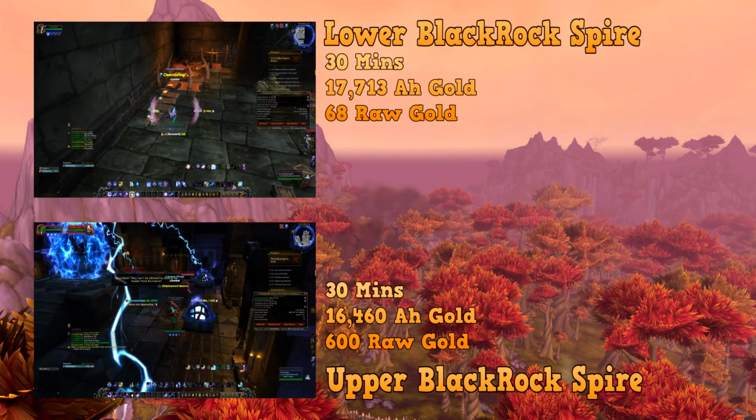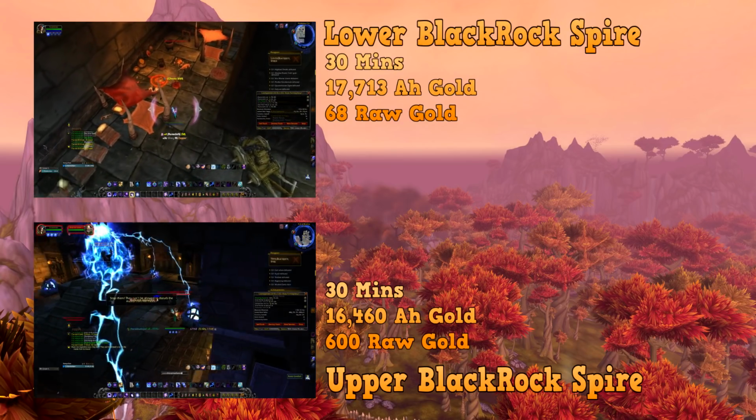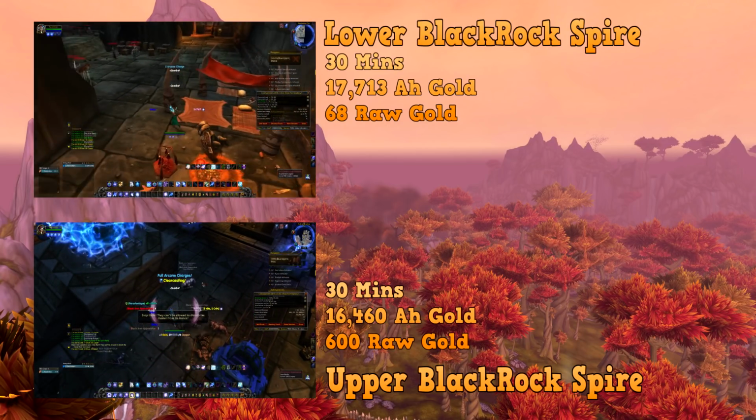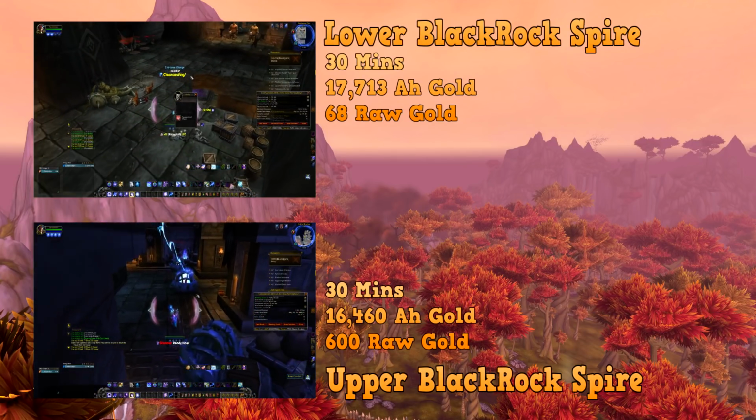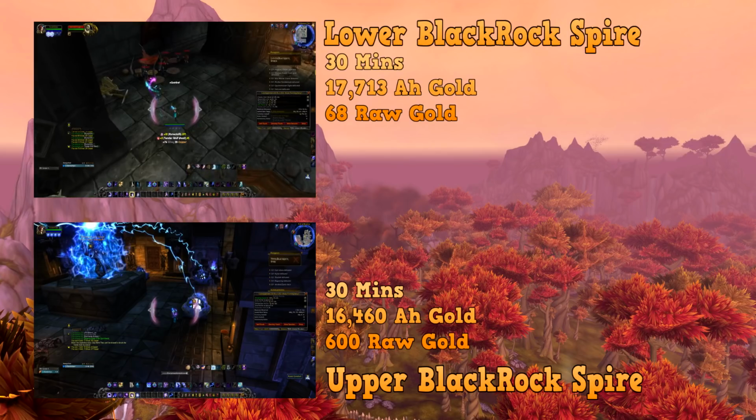It didn't actually cut in half either. These dungeons are a little bit different than the last ones I showed you because they stick to their prices. They're actually going to sell. Now that said, guys, the raw gold on Upper Blackrock actually makes it almost even with Lower,